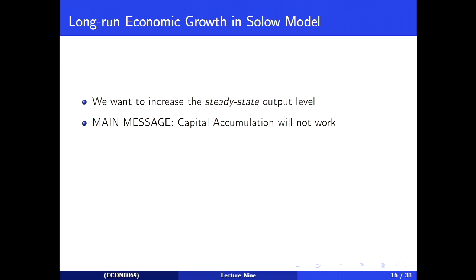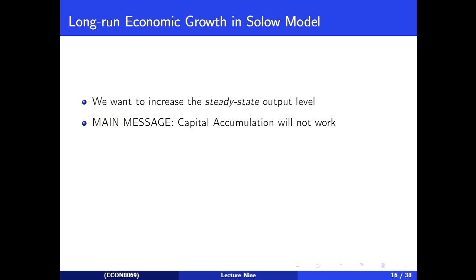Okay, so we want to cause growth to happen in the long run. So we want to try to do things that push up that level of equilibrium, that level of steady state output per person or steady state capital per person. The main message that I've been ranting about on this slide is that just trying to accumulate capital is not going to be an effective method to cause long-run economic growth. Just capital accumulation doesn't actually help at all. Because if we just accumulate capital, going from K star to K upper bar, output will increase in the short run,